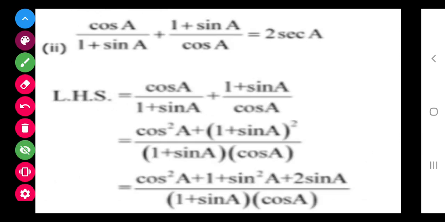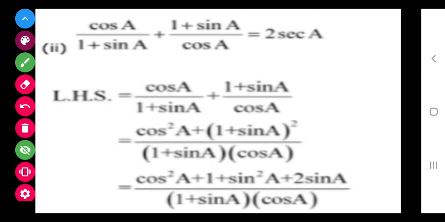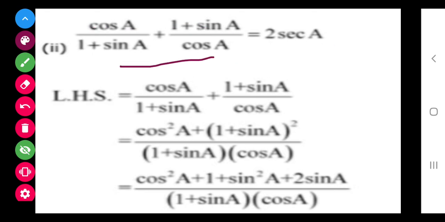Next question, we have to get this. Now in this you can see that LHS is in the lowest term and RHS is in expanded term, or rather LHS is in expanded term and this is in the lowest term. So in this we have much to solve with this, nothing to do with this. So we will solve the LHS only. In the previous question, RHS and LHS both were in big terms, so we could solve either LHS or RHS. But in this, we will choose the LHS only.